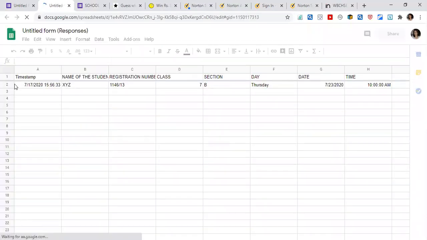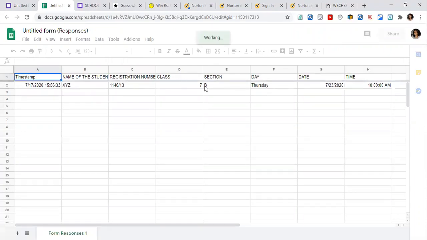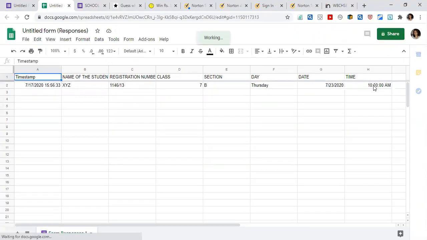Now you will see the name of this child, along with the class, section, everything, the time is already there, 10 a.m. So this XYZ of this registration number, 7B, attended your class. Similarly, you will have a list of names of those children who attended your class on 23rd of July.